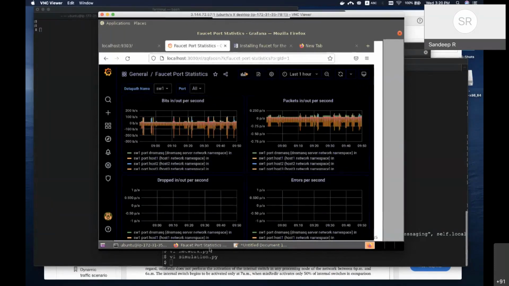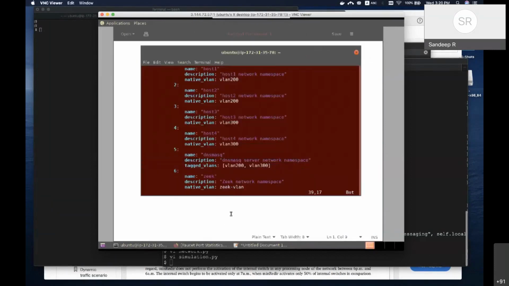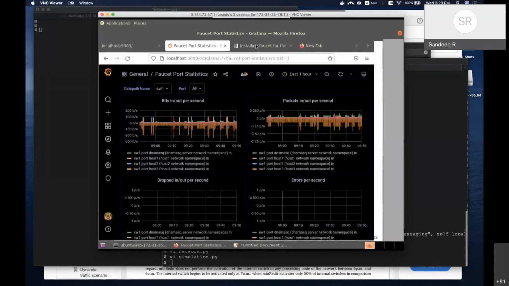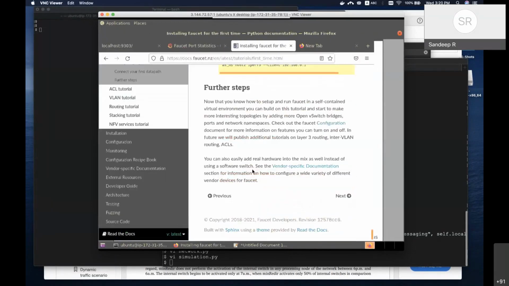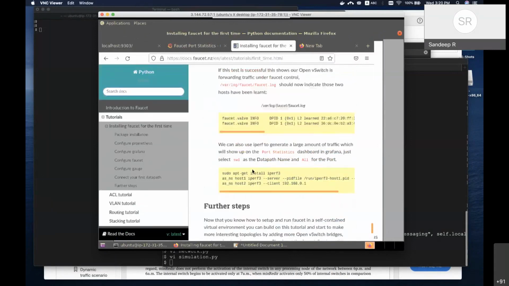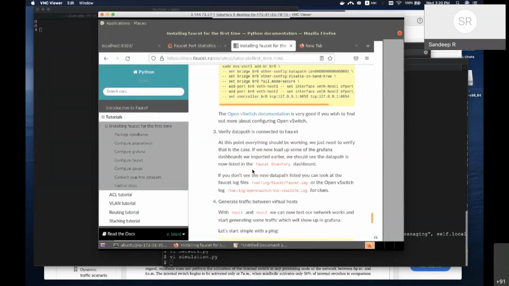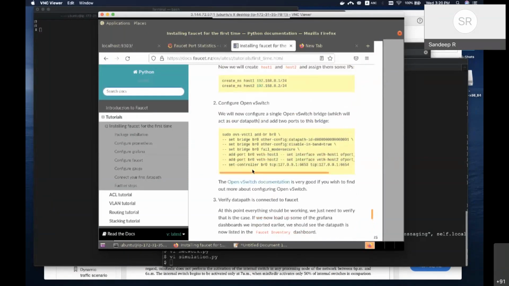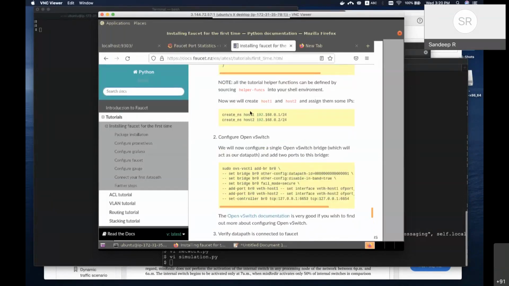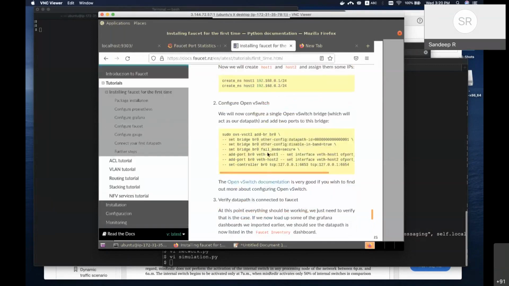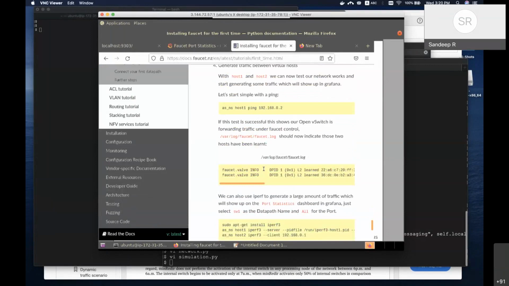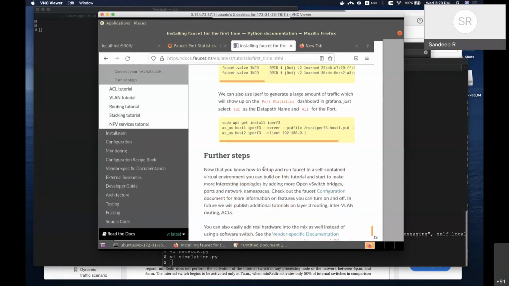So now if I want to drop a firewall, all that I have to do is, as you see, we create two hosts, host one and host two, with certain IP addresses .1 and .2. Now we create an Open vSwitch to actually bridge them, to connect these two hosts together. Now after that, let us say we start pinging.